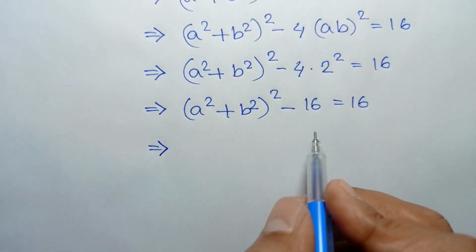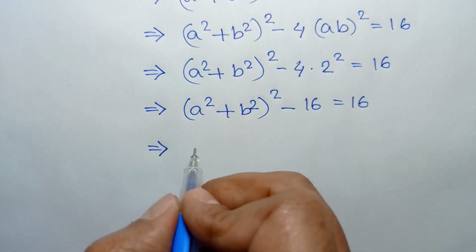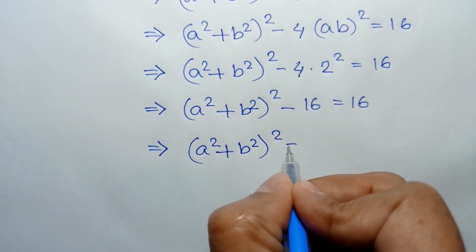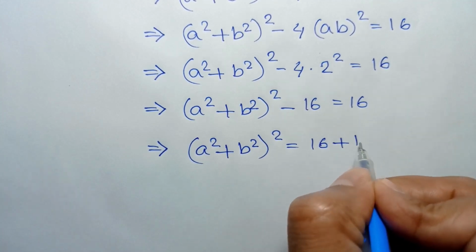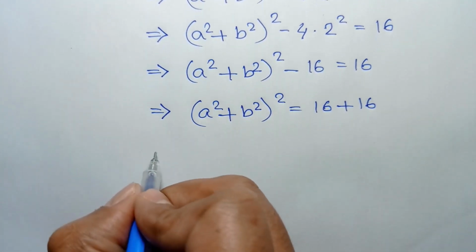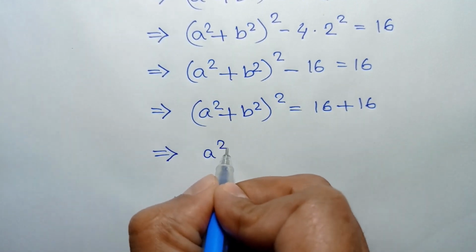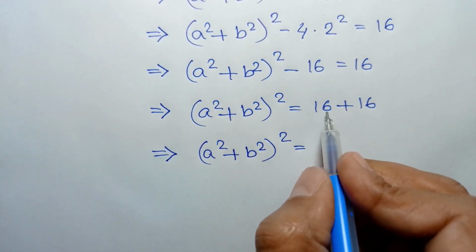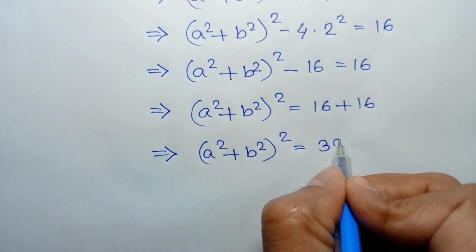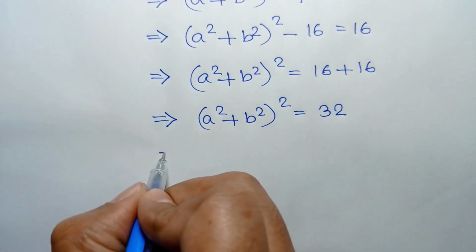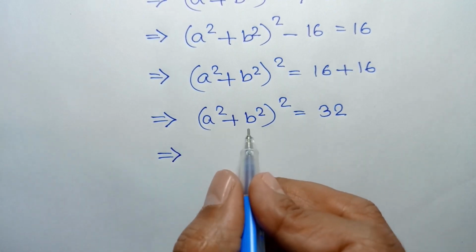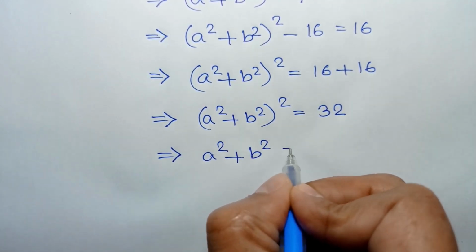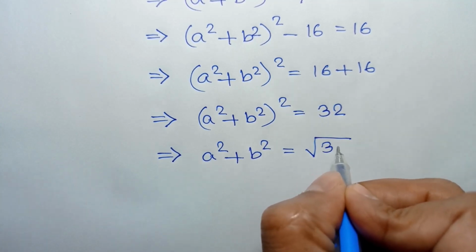or taking this 16 to the right side, we can write (a square plus b square) whole square is equal to 16 plus 16, or (a square plus b square) whole square is equal to 16 plus 16 is equal to 32, or taking square root to both sides, we will have a square plus b square is equal to square root of 32,